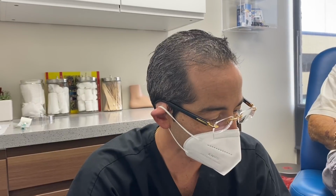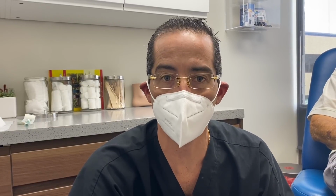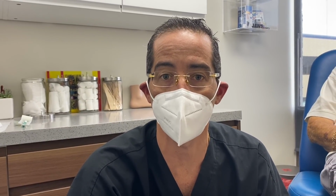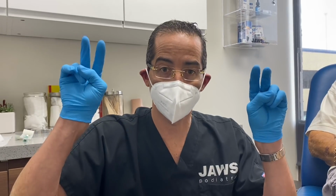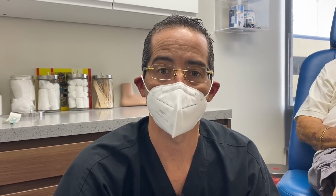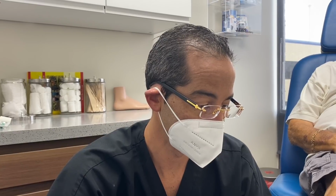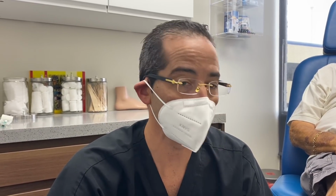We have a young gentleman who has presented to our office with a lesion to the lateral aspect of the right leg, which has been present for a long time. At first glance, a lot of people may think that this is just a simple ulcer. Okay. But after speaking with the patient for quite some time,